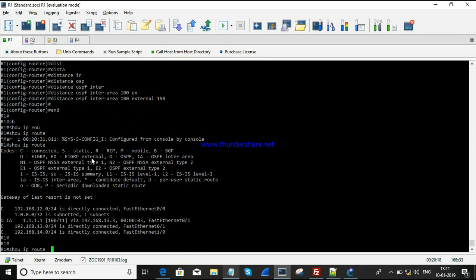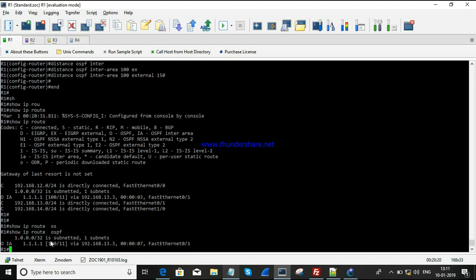Now if you check it, you can see the AD value of 100. It automatically changes to 100 even though I have set it to 150. So AD value doesn't matter in terms of OSPF. If you're getting the same information from 2 or 3 different areas, that is, it may be a different area, or it may belong to the same area, or it might be a